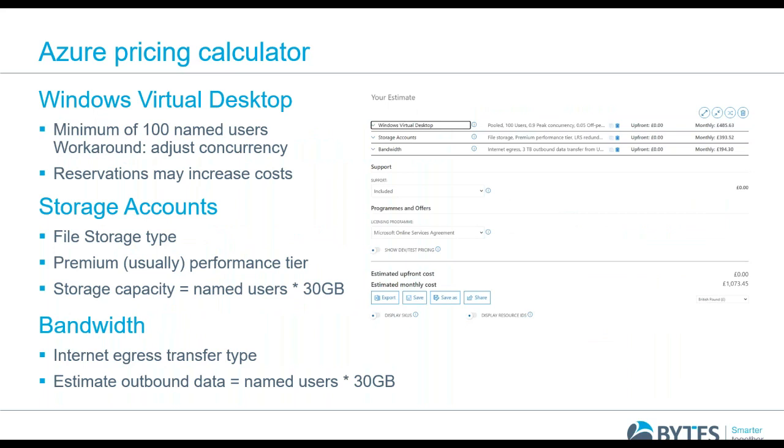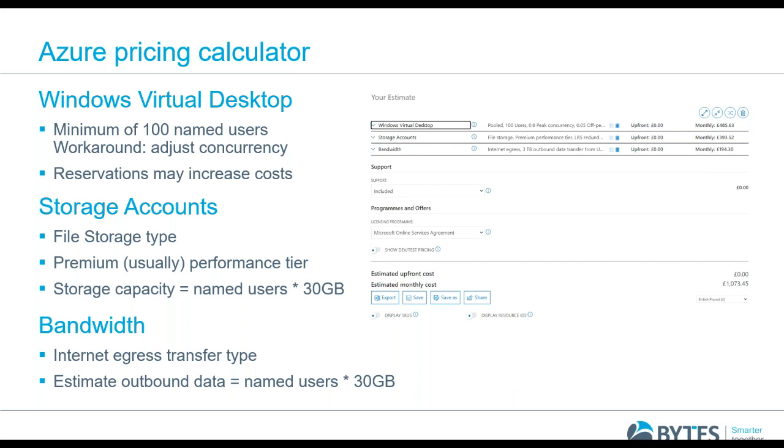If you're going to be using Azure Pricing Calculator to price up a solution, one of the things that is a bit annoying is that when you add the Windows Virtual Desktop option to the estimate, it only allows for a minimum of 100 named users. If you're building that for a solution which is significantly less than that, you type in the number and it'll just automatically go back to 100. So what we suggest there is just adjusting the concurrency,